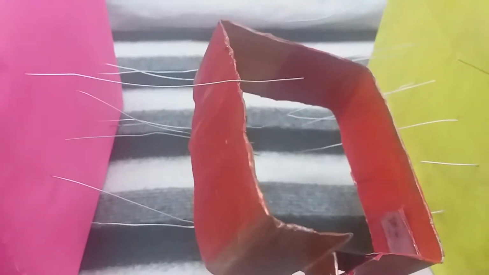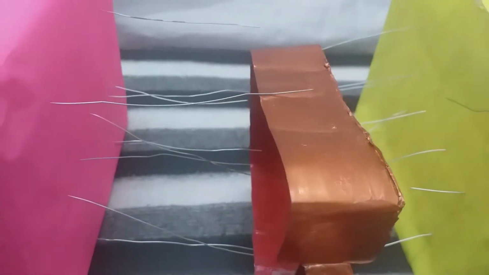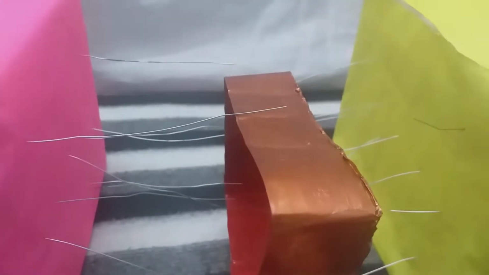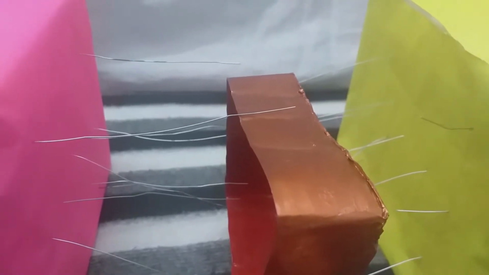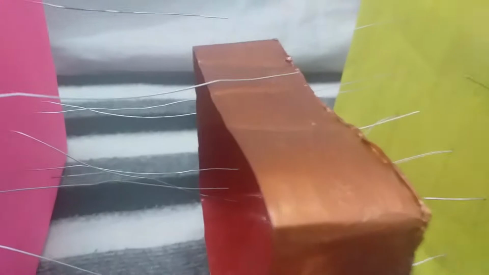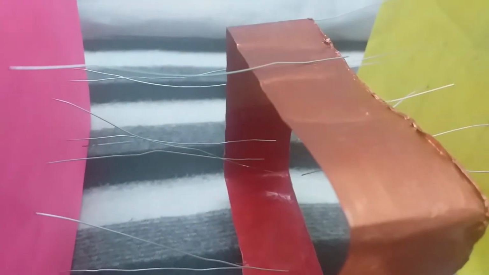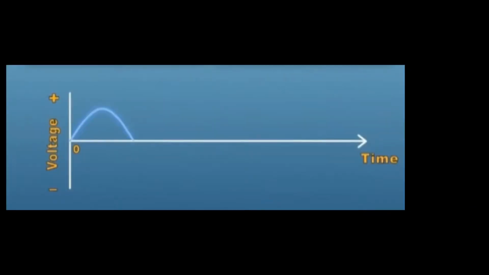Armature rotates again like this. Now 180 degree rotation is complete. Now again the armature is in a position where magnetic lines of force are minimum. Now the golden colored part of the armature is at the upside and the red colored part is downside. So current is 0 at this stage. Now EMF decreases from maximum to 0.